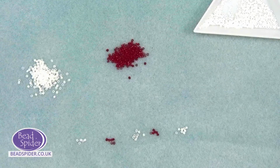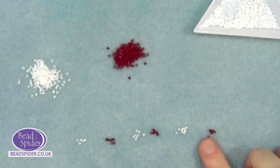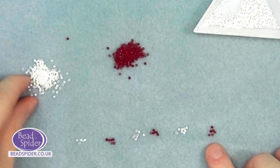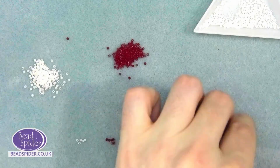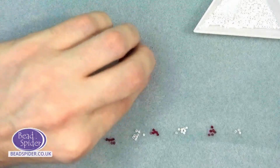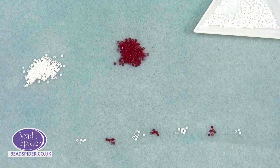And then finally we've got 6 B's and 3 A's. So 6 more B's. 1, 2, 3, 4, 5, 6. And finally we finish off with 3 A beads. 1, 2, 3. Now, once we've got our little beads all sorted, I'm going to take my thread, which I